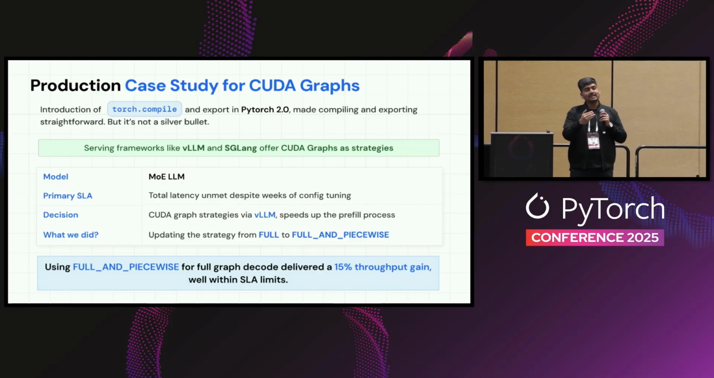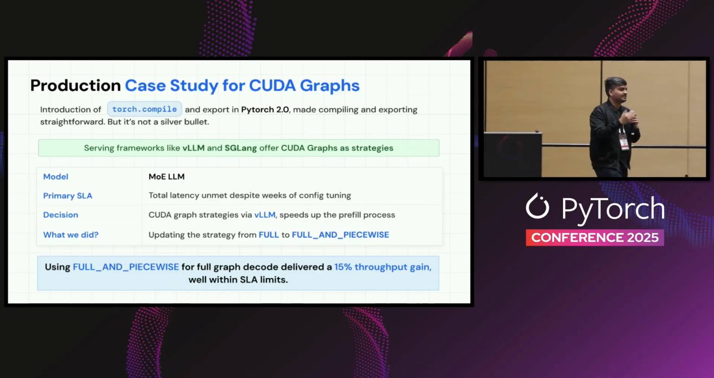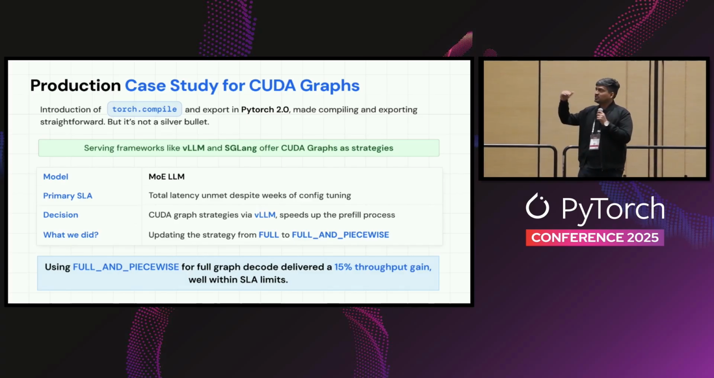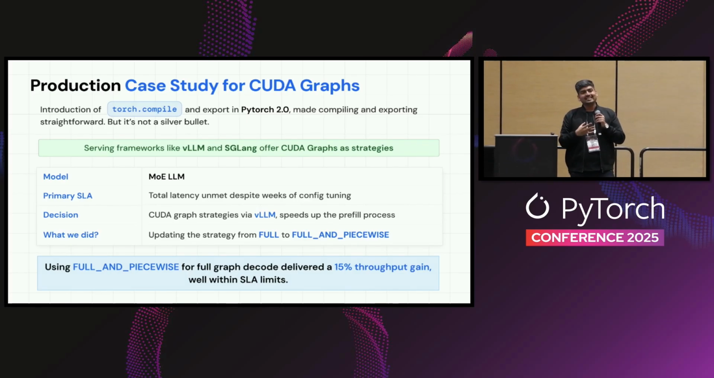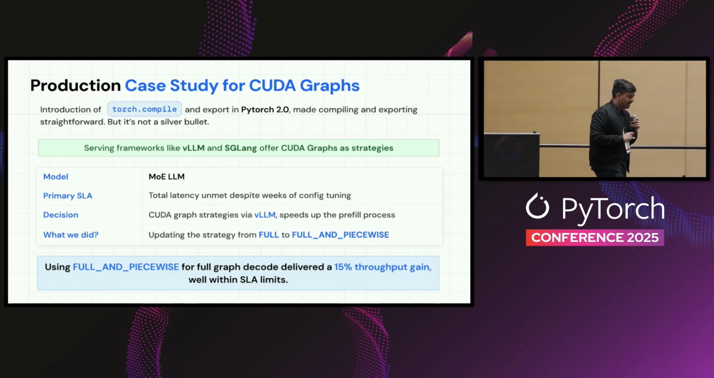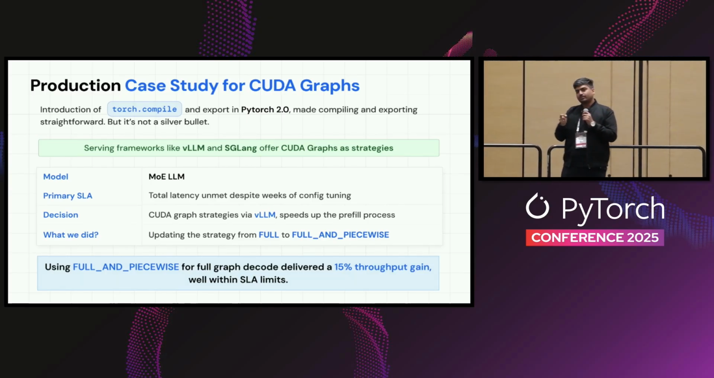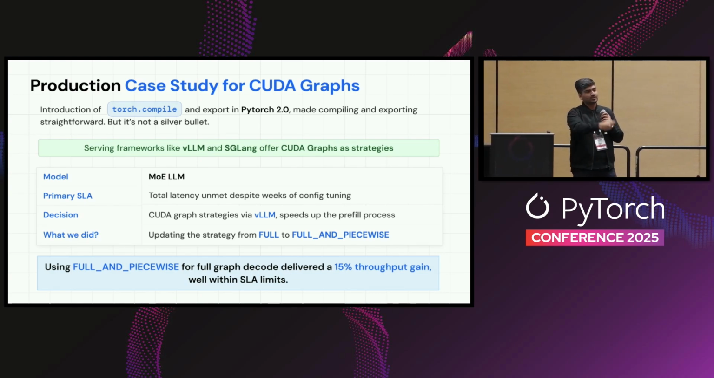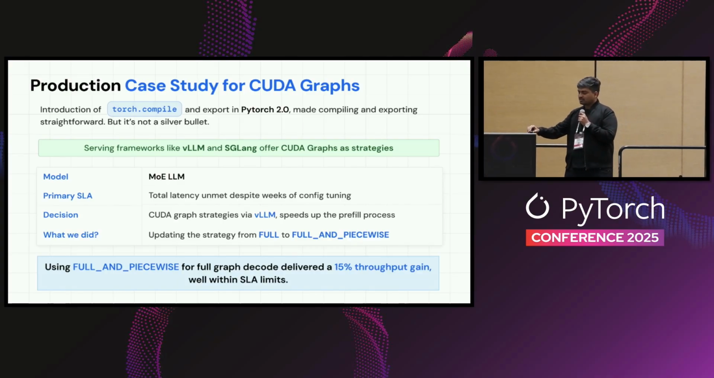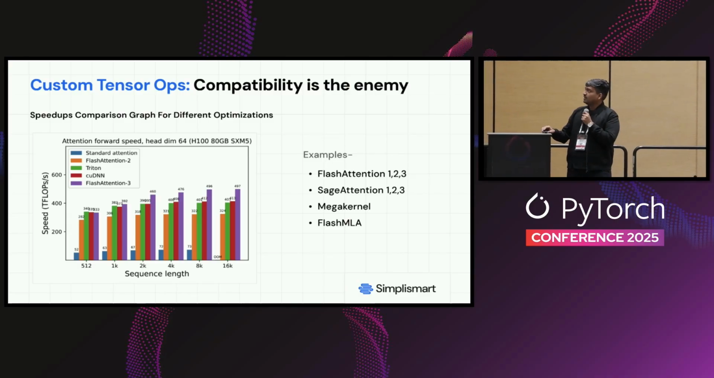So eventually, for spiky workloads where they were missing their SLAs at P95, once you change the compilation mode from full to full and piecewise, you are easily able to meet those spiky workloads by reducing the TPOT by 15%, right? And by taking these simple trade-offs, by looking at the actual data, we're able to get to a state which is much more optimized for your particular workload, right? And that brings us to our last optimization that we're going to talk about today, which are